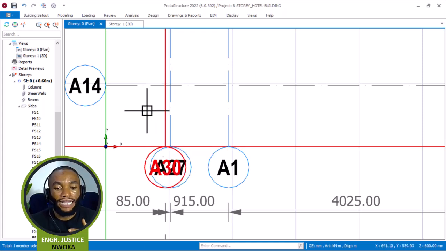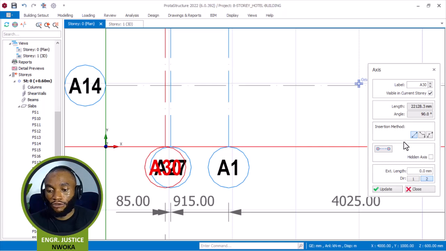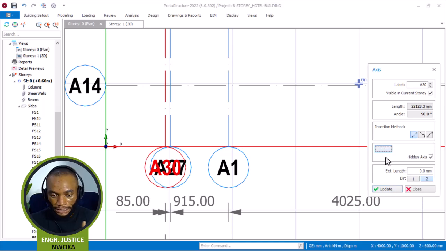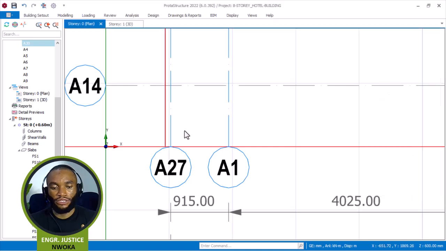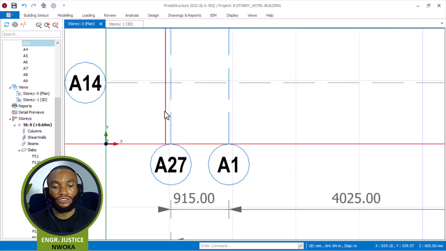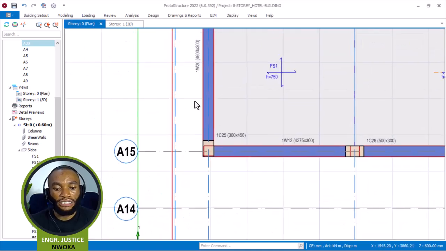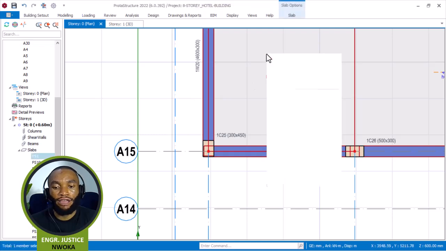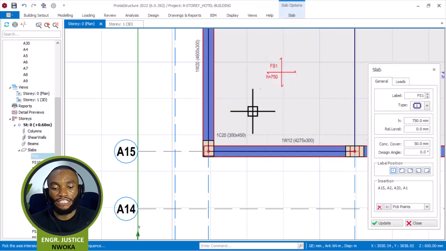So I'll right click now, say properties, and again I will then come here, say hidden, and then turn off these stuffs, the bobs, then say okay, update. Okay, that's fine. So this is now a hidden axis. So I'll work with this. So with this now, I'll then click on this slab, right click here, properties. Okay, that's fine. And again,